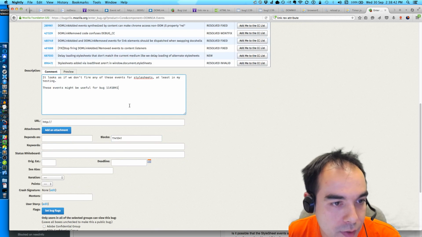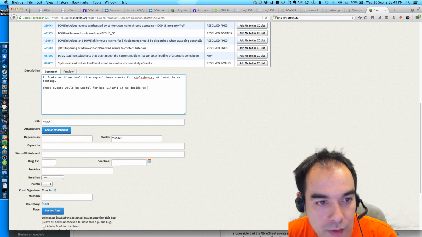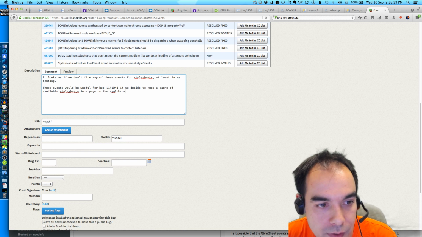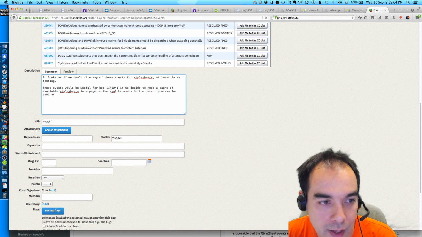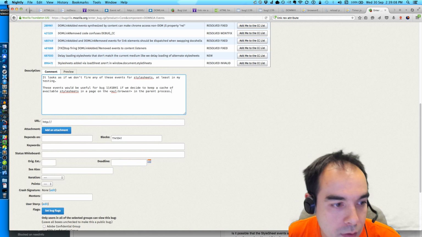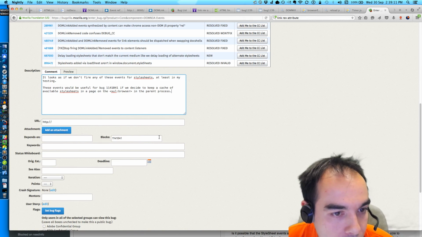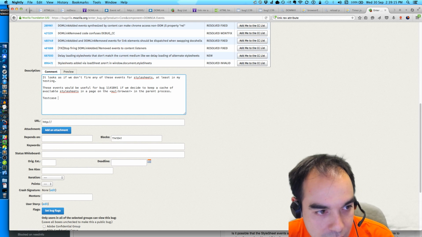And so I'm going to say it blocks this bug, if we decide to keep a cache of available style sheets in a page on the XUL browser in the parent process for sync access. Okay, and then test case incoming.